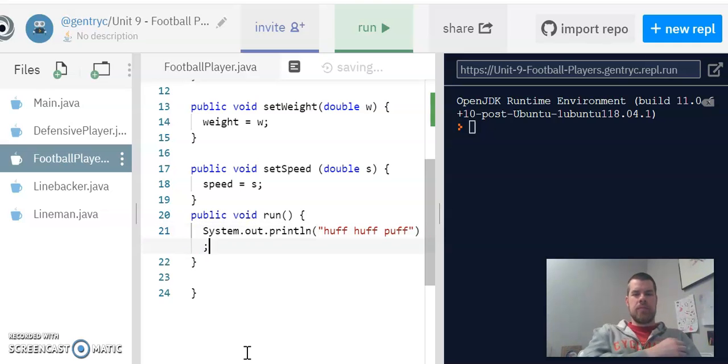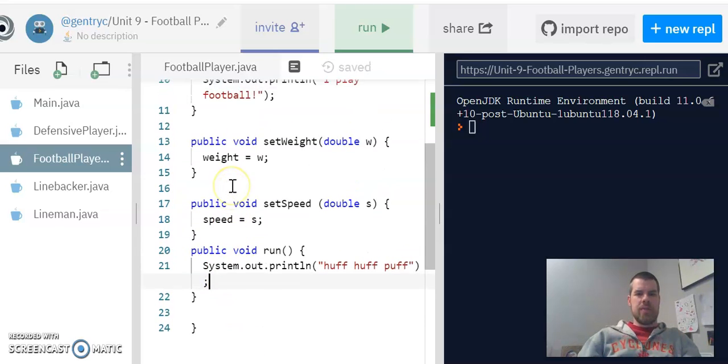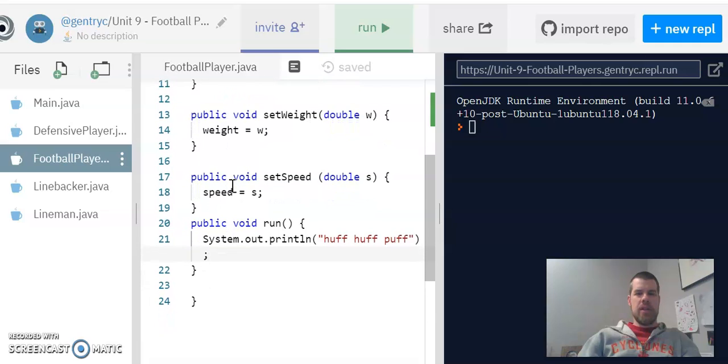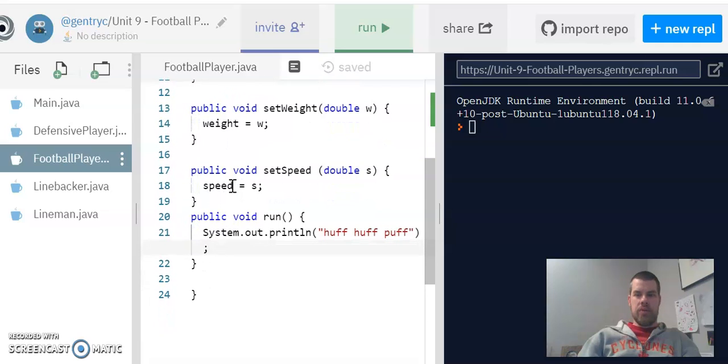Right? All right. So again, just some silly methods. Really, the point here is so that you can see what is available for each of the different kinds of objects. So we're going to go back to main. Now that we have all those methods created,